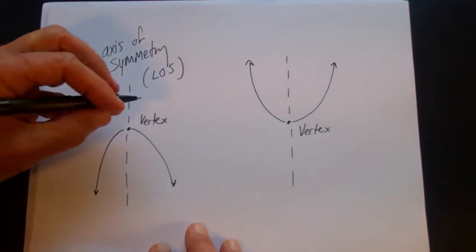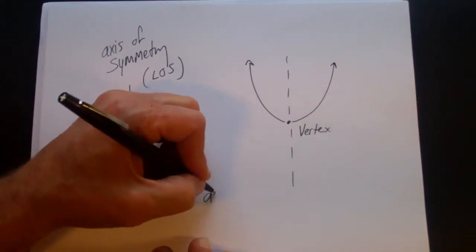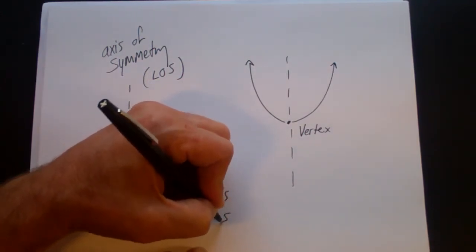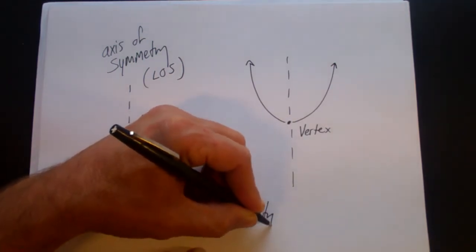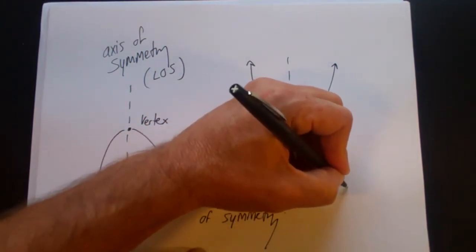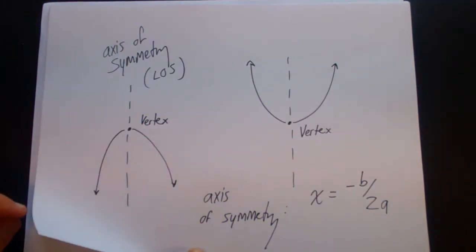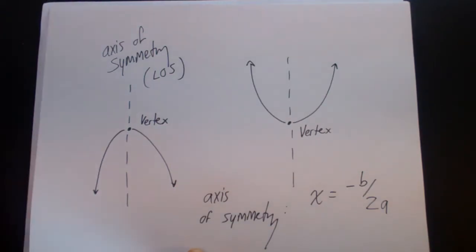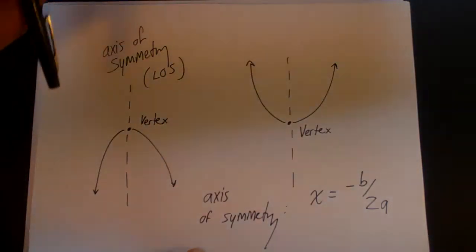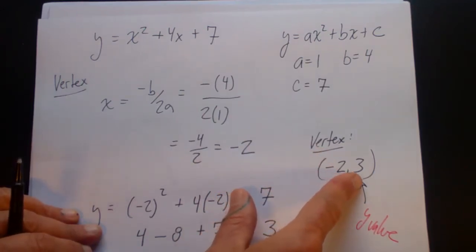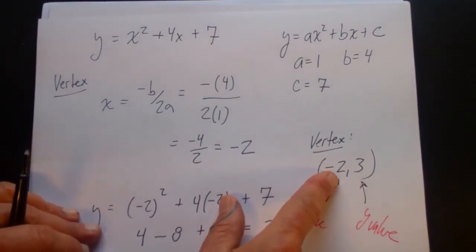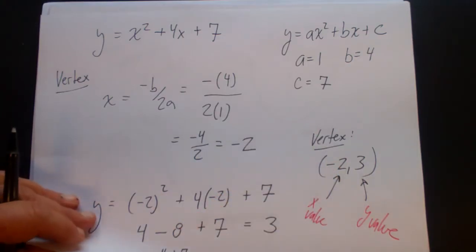If you notice, that goes right through the vertex, so the axis of symmetry will always have the equation x is equal to minus b over 2a. Always. So usually after you find the vertex, you can just read it off. In this previous problem, we knew that the vertex was minus 2, 3, so it's the line that goes through minus 2, 3. So this axis of symmetry, that's step number 2,